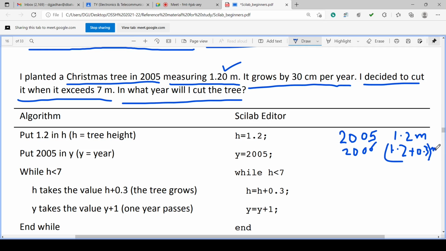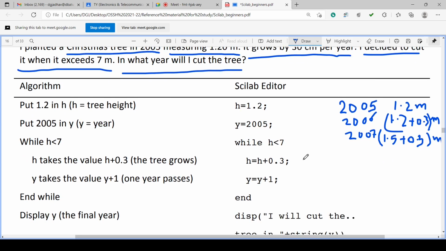It is 1.5 meter. 2007, it is 1.5 plus 0.3. So this way we have to go till it becomes 7 meter, and that year we have to find out.